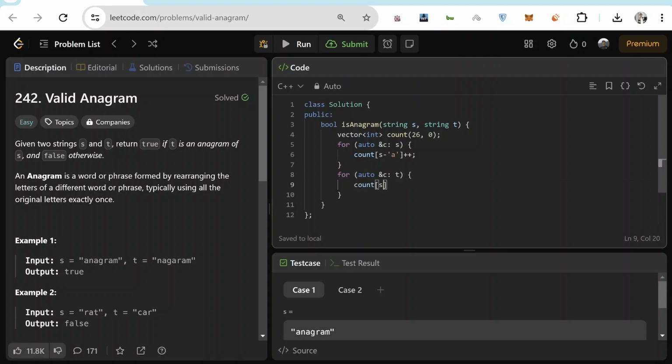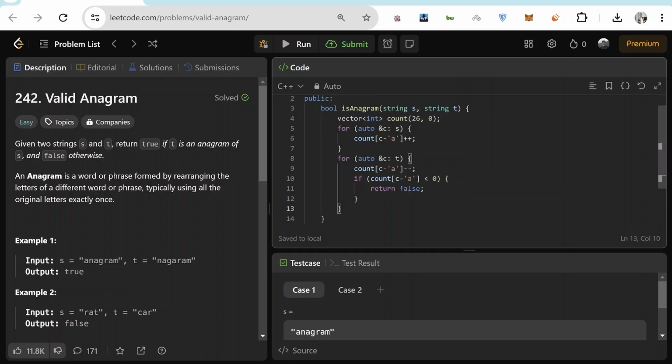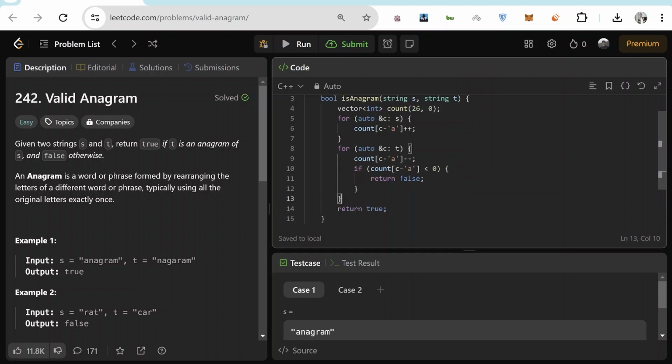But this time, instead of increasing, we'll decrease the counts. Sorry, this should be C because C will be the current character. Okay. And now if this count becomes less than 0, in that case we just return false, otherwise we return true.